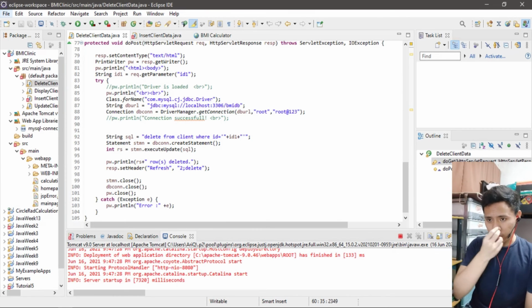Okay, next we go to the protected void doPost, which takes the HttpServletRequest and HttpServletResponse, throws ServletException, IOException. We respond with setContentType text/html. As usual, the PrintWriter variable is pw. Response getWriter, pw println HTML body. String ID, request getParameter ID1. Okay. Next we use the print writer to println class for name